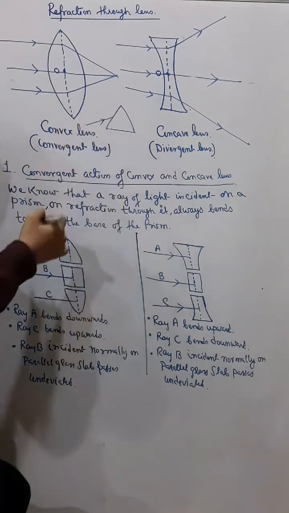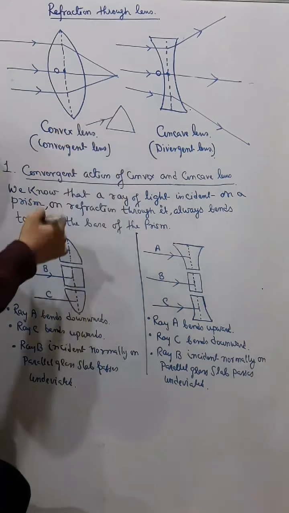Okay, like this. So naturally it is another center of curvature. So we can say there are two centers of curvature. So in case of a concave lens and a convex lens, we can say there are two centers of curvature like this. So center of curvature we can define as the center of the sphere of which the mirror is a part, and that is the center of curvature.